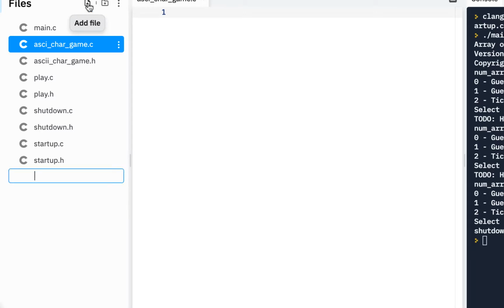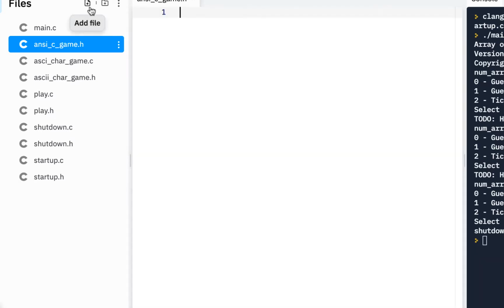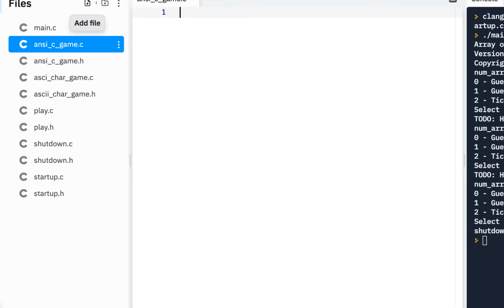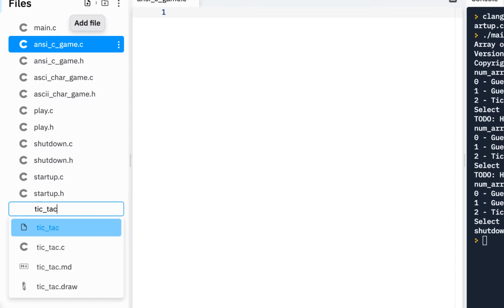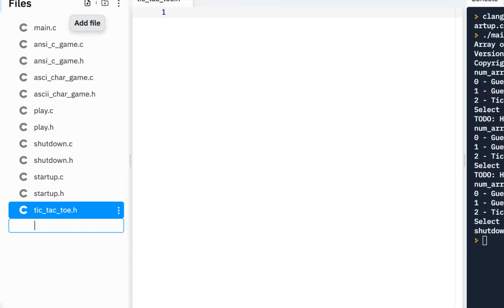Let's go ahead and put in the ANSI C game .h interface for that, and we'll do the ANSI C game .c, the implementation, and the one that we all know is tic-tac-toe .h, the interface for that, and then a tic-tac-toe.c implementation. So even our project has a number of files here, which makes it very much more